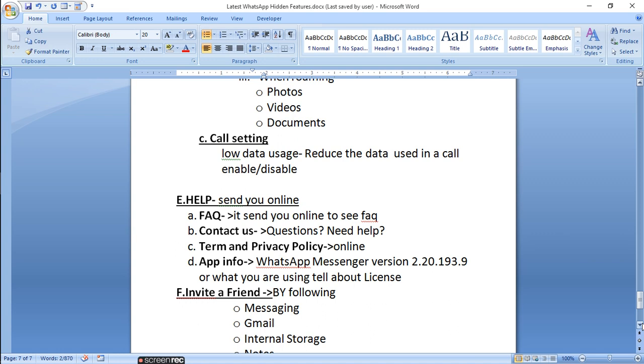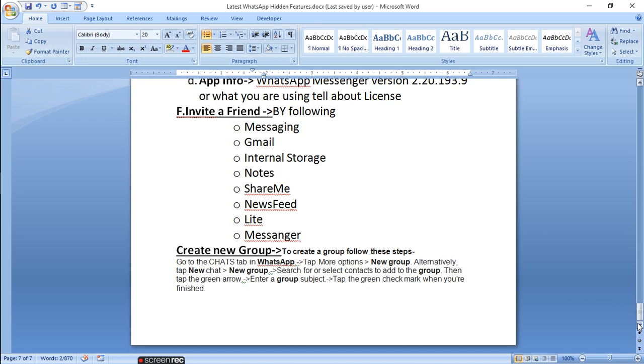Then invite a friend by messaging, Gmail, internal storage, share me, newsfeed, light, and messenger. All these are facilities through which you can invite your friend.